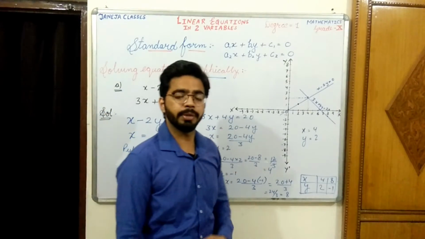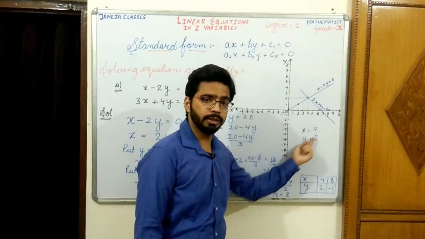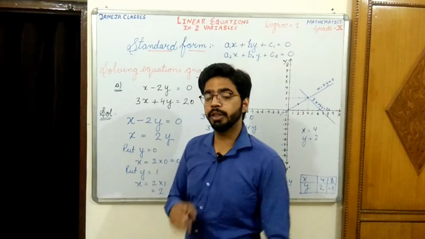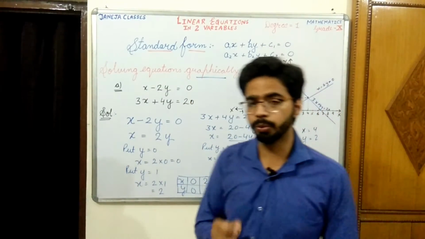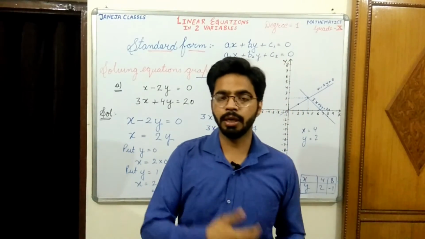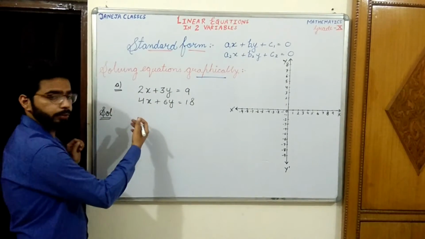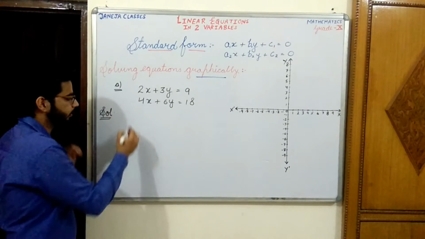So the first question we have completed, and with the help of the graphical method we got x as 4 and y as 2. So we are going to do 2 more questions. With the help of the other 2 questions, I am going to conclude 2 or 3 points that we will use in our next exercise. Now we have taken another 2 equations. So let us solve these 2 equations also graphically.